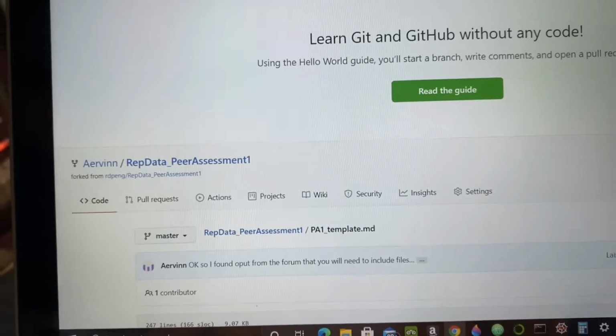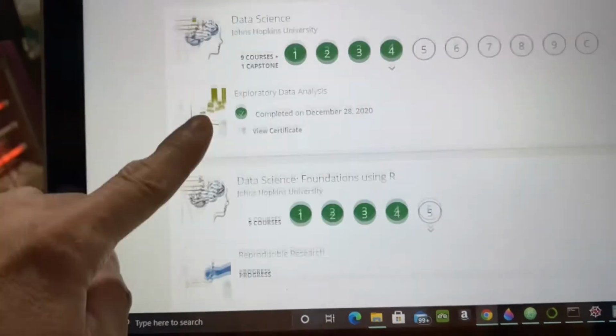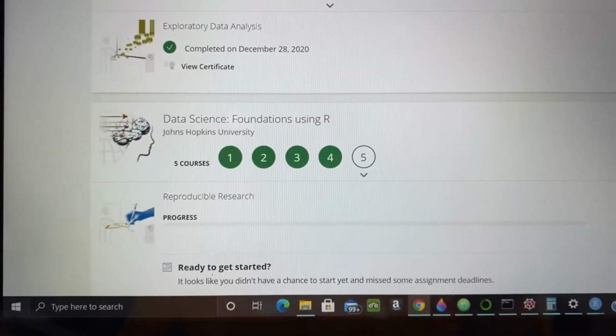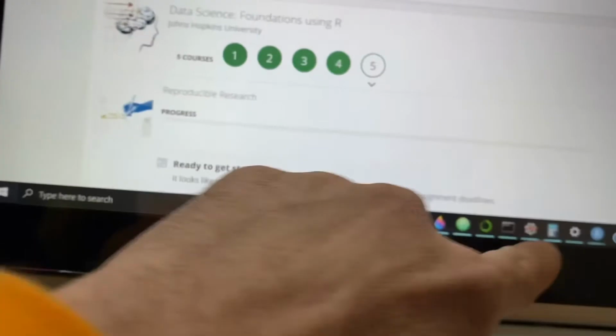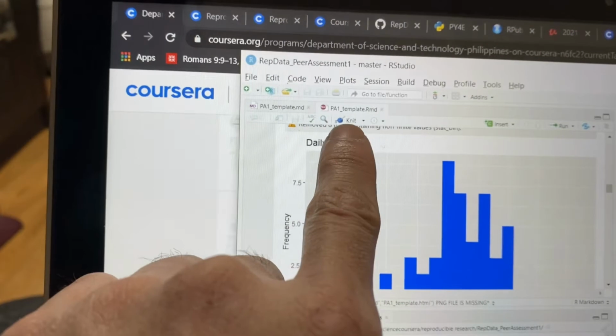If you are having trouble, if you're one of the guys taking the Coursera data science specialization, and you're on the fifth course, it's the reproducible research activity, week 2 assignment, you probably encountered that. Instead of just relying on the actual button to knit the RMD file here, that's just basically going to generate the HTML file and the HTML output, but not the MD file. Instead of that, you're going to have to run